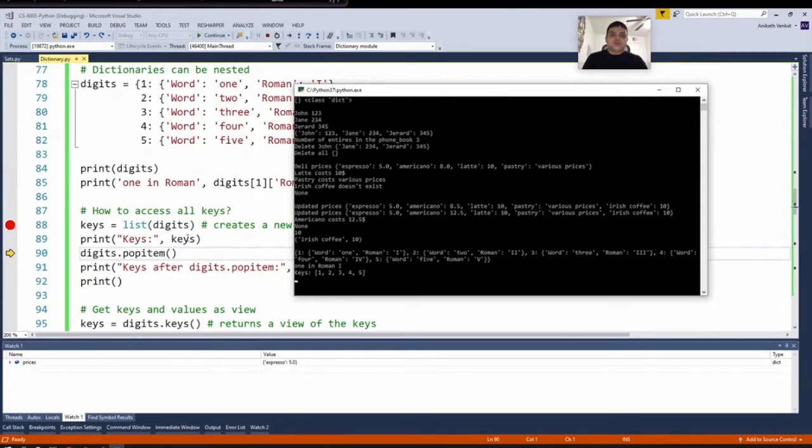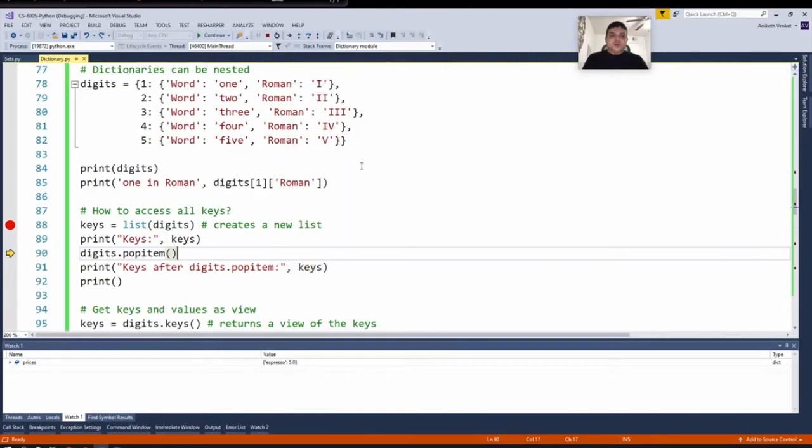So keys is now a list of keys within our dictionary digits. Since 1, 2, 3, 4, 5 were the keys of our dictionary digits, keys is now a list which contains elements 1, 2, 3, 4, 5. Now, once we create this list of keys, suppose we modify our original dictionary, this list of keys will not be changed. So to see that, first let's